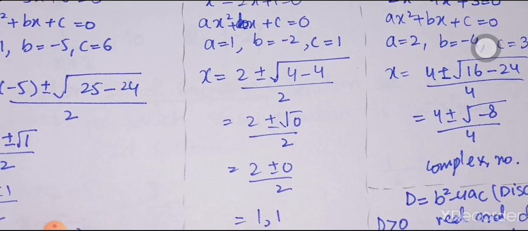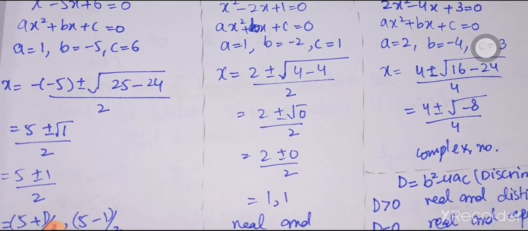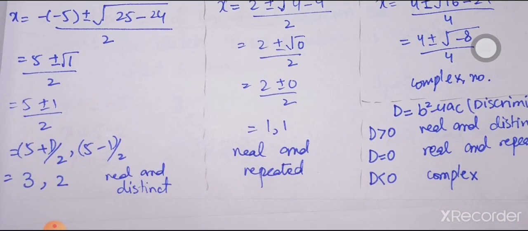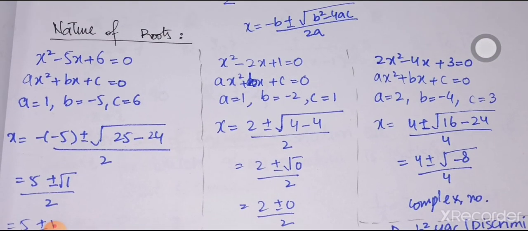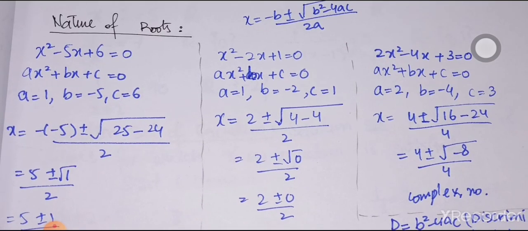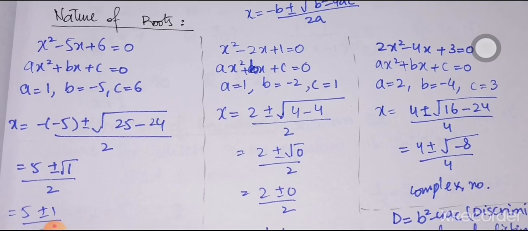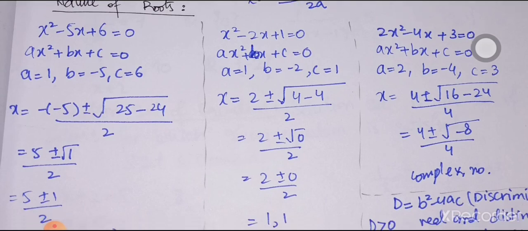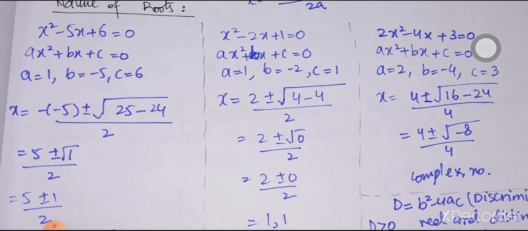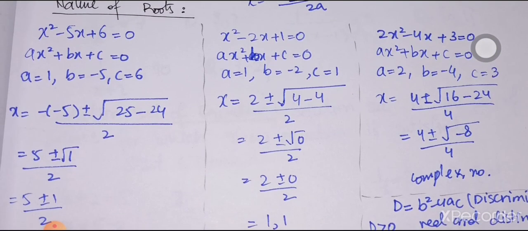So now we are going to discuss how we can determine these three types of natures without solving the equation completely. So you can see that we may have real and distinct roots, real and repeated roots, and complex roots, and it all depends on the expression which is appearing in the square root, because whenever we get a negative square root term, obviously we are going to have complex roots. Whenever we are going to have zero, once we add 0 and then subtract 0, we will get the same answer. So real and repeated roots in the case of zero term, and real and distinct roots whenever we are going to have a positive number in the square root.